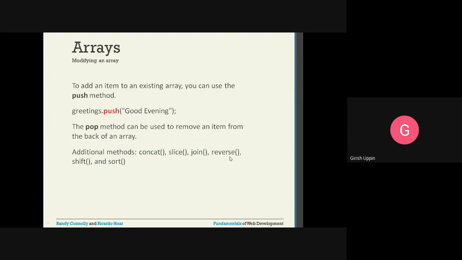If you want to reverse the order of the elements, you can directly use reverse. Shift, if you want to shift the elements, and sort, if you want to sort the elements. Suppose there is a need to have the order reversed, one function call will reverse the complete array. Similarly, one sort call will sort the array elements according to their value.